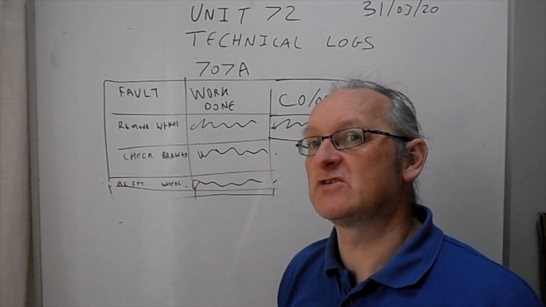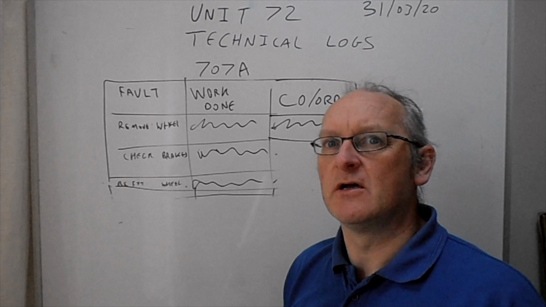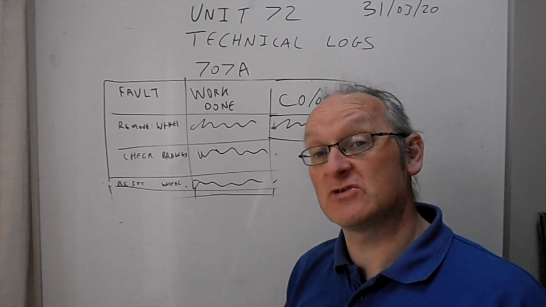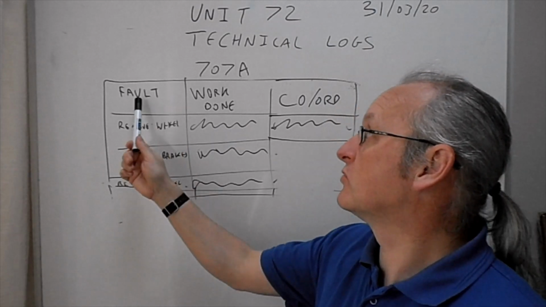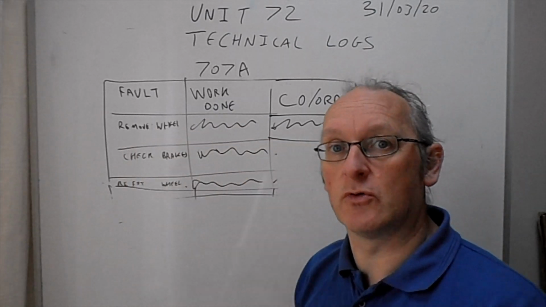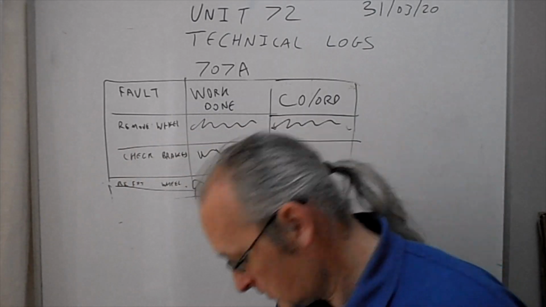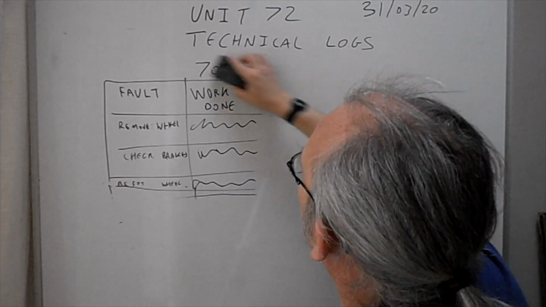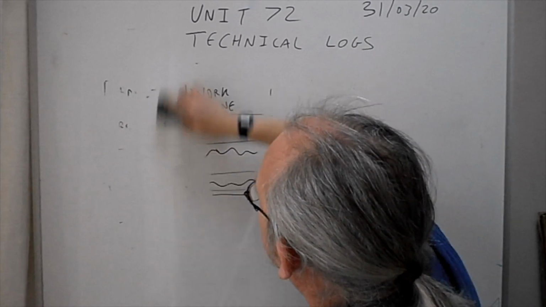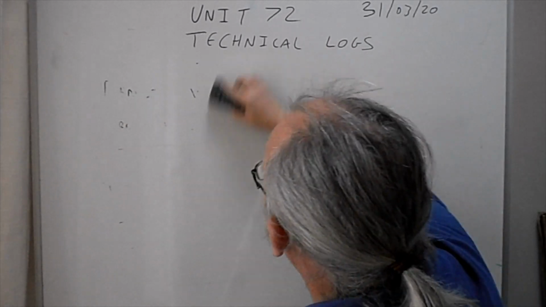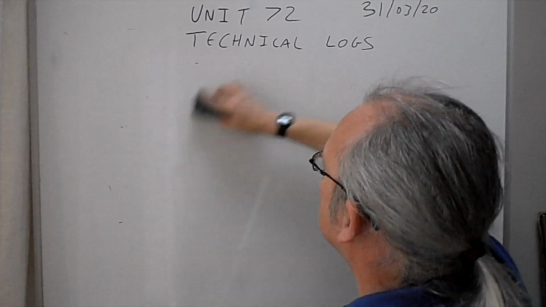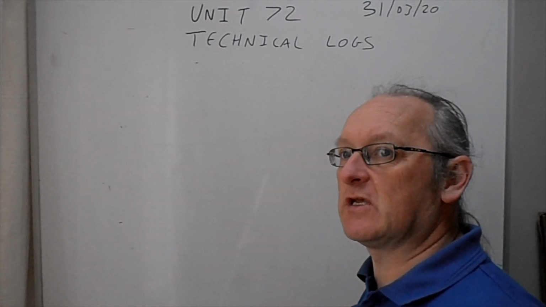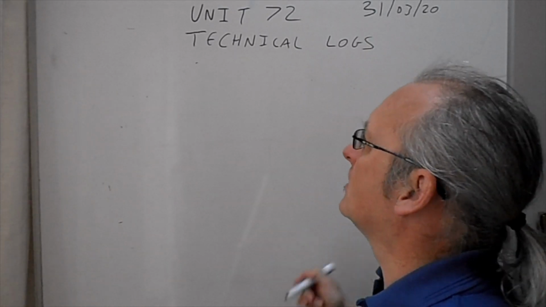Okay, the civilian system is slightly different, but it's based on the same principle of what was wrong, how did you fix it, sign it off. So I'll go through that now. Right, so the civilian system, what you have is you have a tech log. And the tech log, if you look on the PowerPoints, because I'm not going to draw it all on here for you now, the pink one on the PowerPoints that you can see about halfway through the slides,